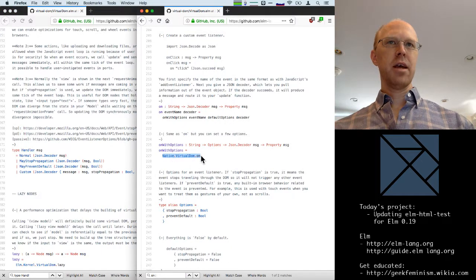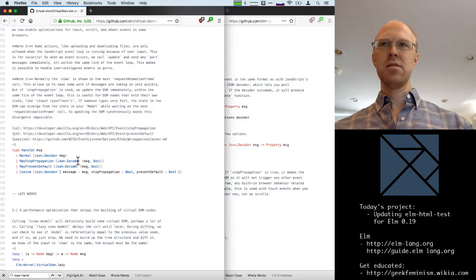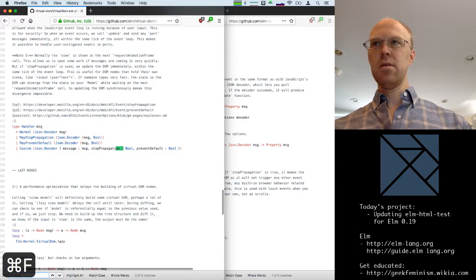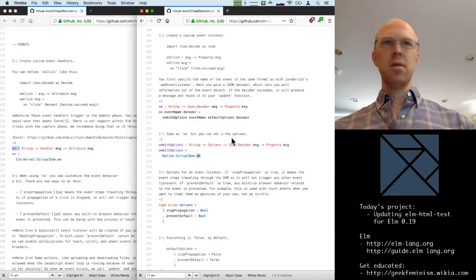Yeah, so what I want to check out real quick is this native function on both sides. In the new one, it gets a handler, and in the old one, it gets options and a decoder.